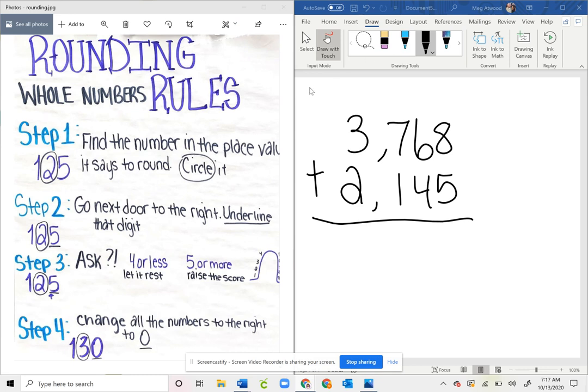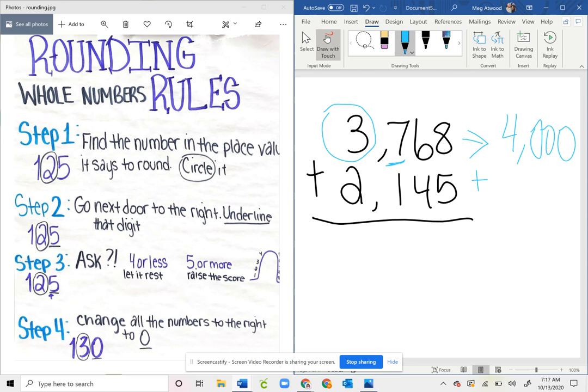So I find the number that I want to round it to, which is my thousands. I underline my neighbor next door. I ask myself, is my neighbor 4 or less or 5 or more? I know my neighbor is 5 or more because it's 7, so that means my 3 plus, I raise the score, so I plus 1. So now I have 4,000